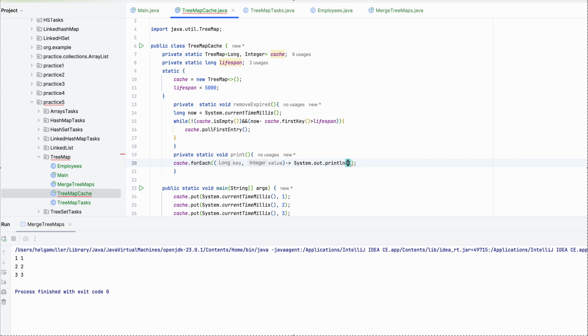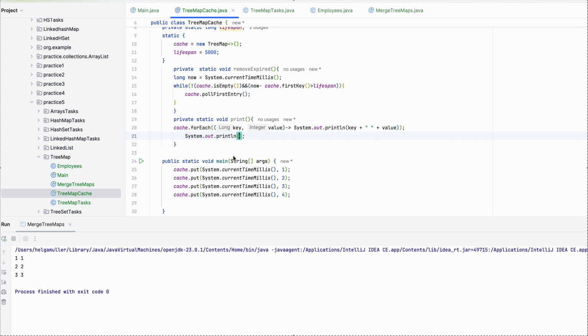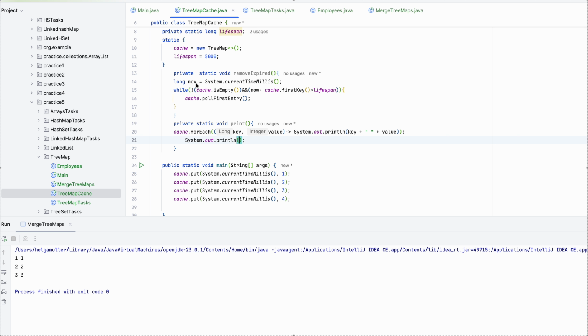I'm going to print out key plus space plus value and print an empty line. So the lifespan is 5 seconds. So let's add